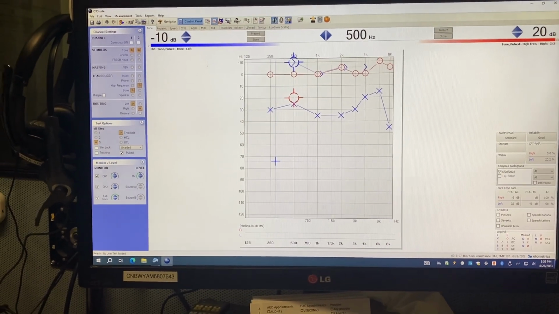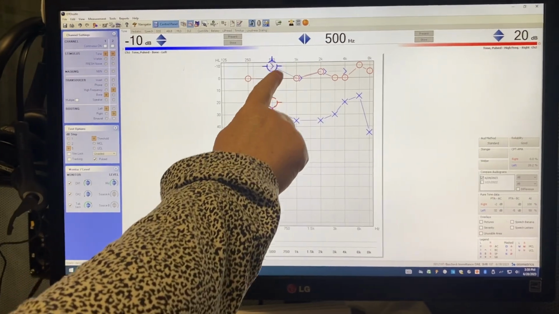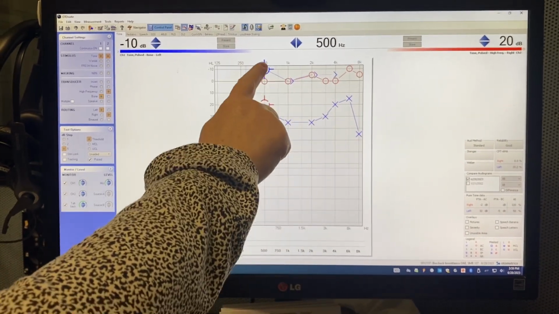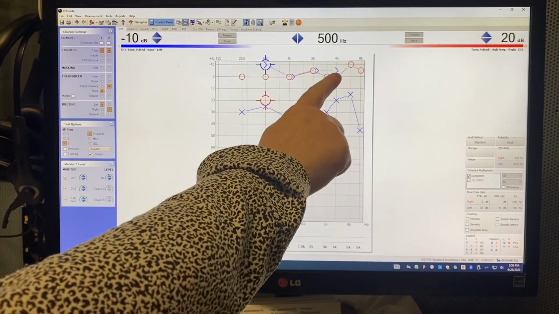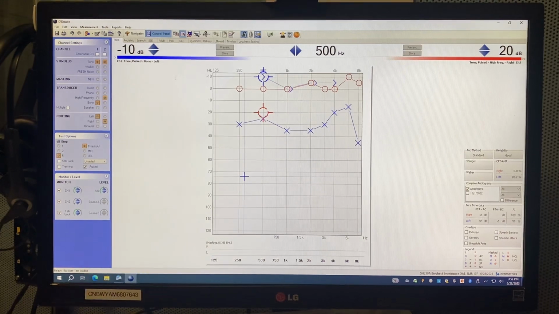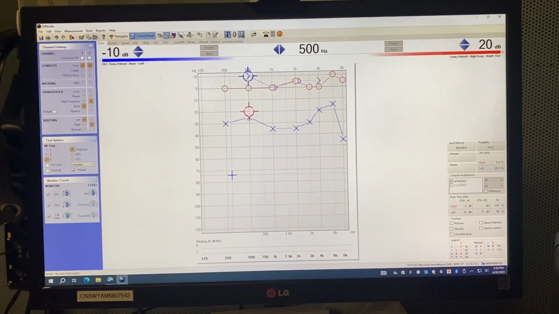So now we have no air bone gaps for the right ear. Right? No significant air bone gaps for the right. We do have air bone gaps for the left ear. So we are going to place the